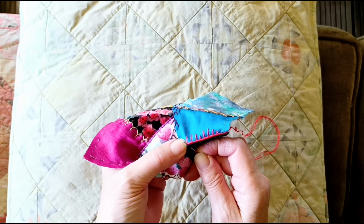So all I did was on the little point of each feather I did 3 little straight stitches, and then I did a little French knot on the end of the middle one, and it just looks to me like a climbing rose, and I just loved it. So I'm going to do that. So I'm just going to start up here at this one